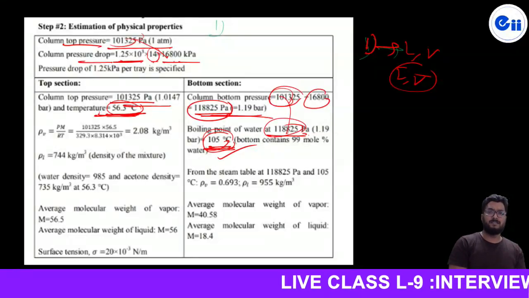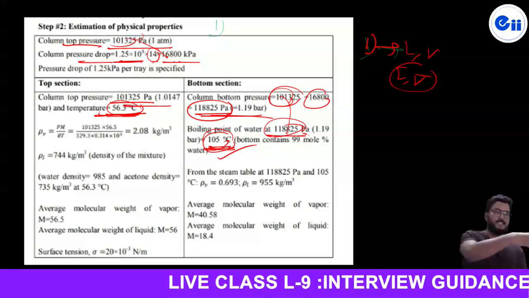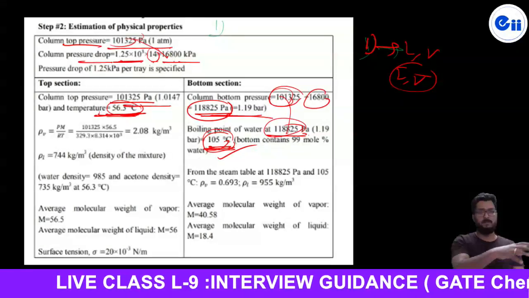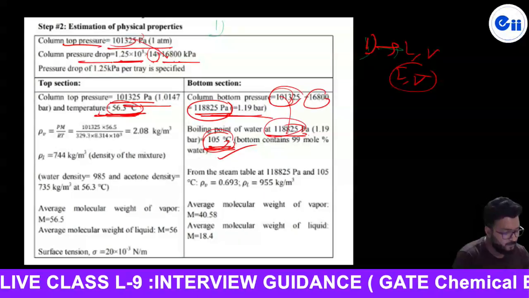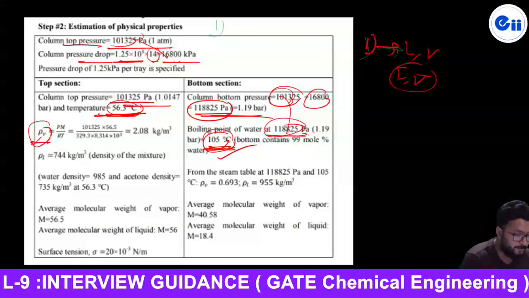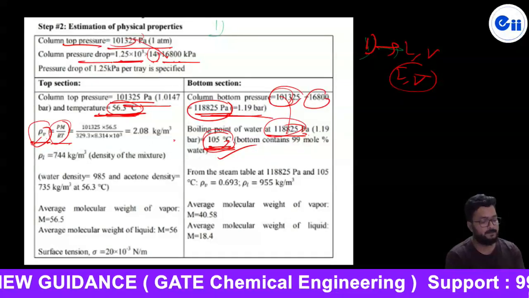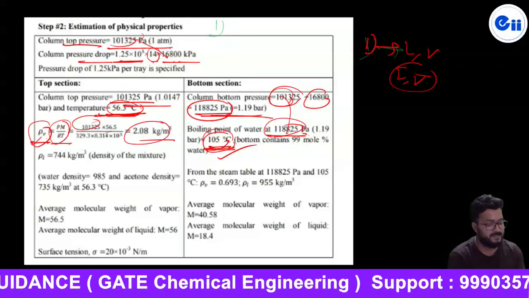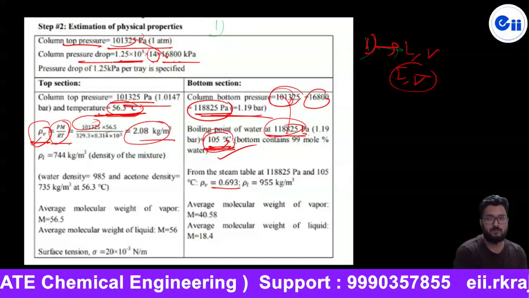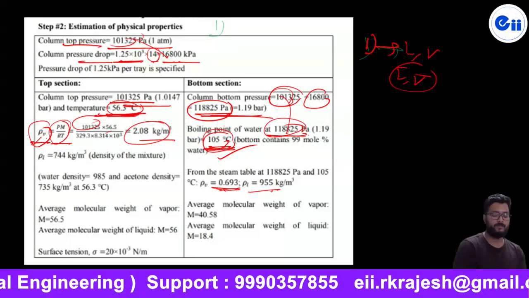और एक और डाउन होने का रीज़न है, अगर आपने प्योरिटी फिक्स रखा हुआ है उस कंडीशन में डाउन कैसे होगा, बिकॉज मोर सेंसिबल हीट विल बी ट्रांसफर्ड बाय द एक्सेस रिफ्लक्स, एंड दैट्स व्हाई इट विल आल्सो बी कूल डाउन. नाउ तो ऑन द बिहाफ ऑफ दिस we are going to assume the vapor as ideal gas, then PV equal to nRT बाय नोइंग दिस वी कैन कैलकुलेट. प्रेशर इज गिवन, टेम्परेचर इज गिवन, डेंसिटी निकाल लेंगे। सिमिलरली यहाँ भी चूंकि ये वाटर है तो सिंपली डायरेक्टली वी कैन यूज स्टीम टेबल, तो यहाँ से हम रो बी और रो एल भी निकाल लेंगे, स्टीम का और लिक्विड का, ठीक है।